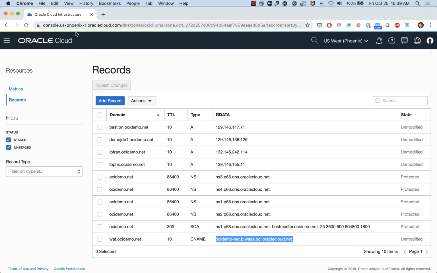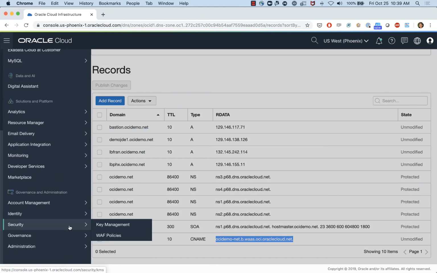Okay, so we're going to go access in a few minutes here, but that's how you make the communication between the WAF and the DNS zones. So then you publish that to the DNS zones, and everyone actually accessing waf.oci.net will be redirected to the web application firewall, right? So going back to the WAF, let's go back here